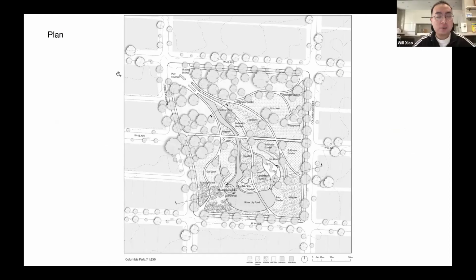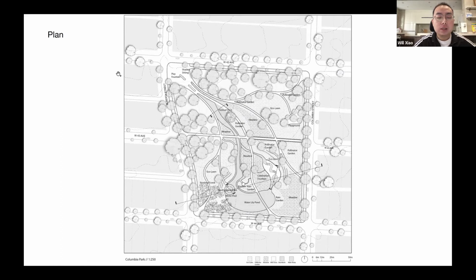So here's our final plan. We will talk about the overall layout and then take you on a trip through the park to see more details. So we have our main entrance plaza on the northwest corner near the SkyTrain. The path system forms the delta shape and the water programs can be experienced through this path. We also added a horizontal axis that allows people to quickly travel through the park between Alberta Street to Columbia